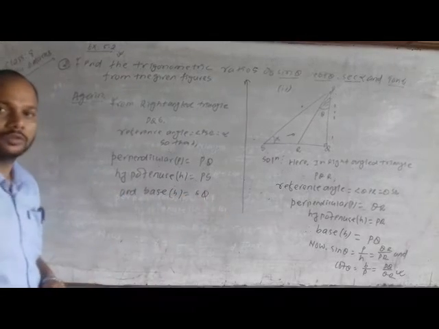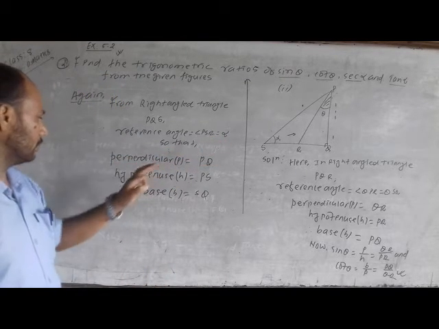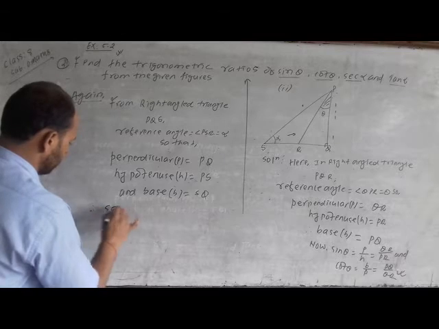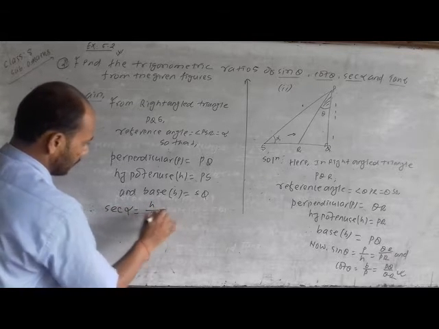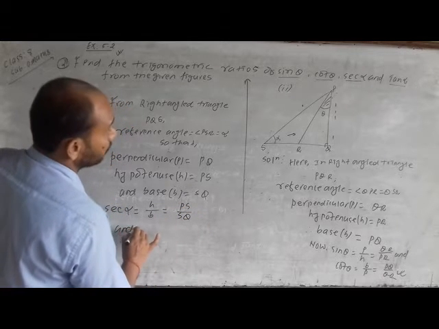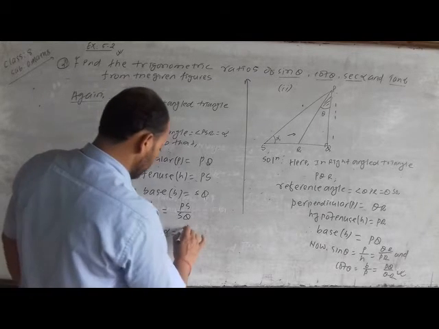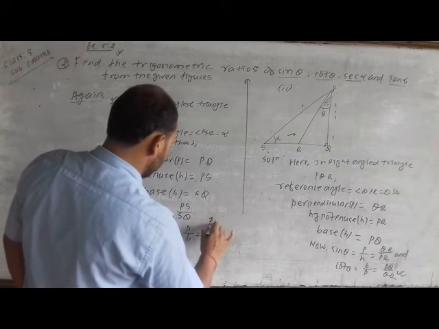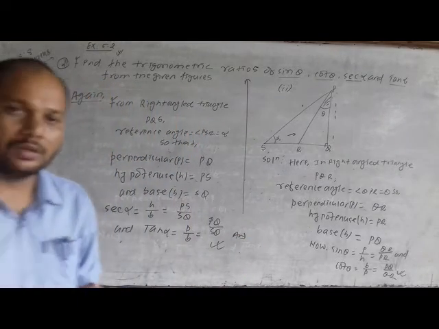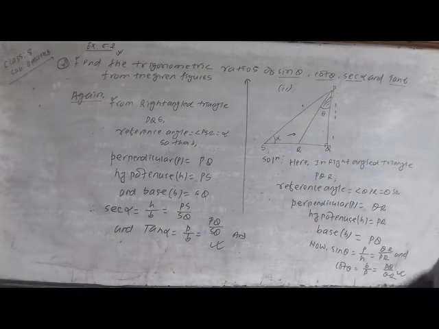My dear friends, first you should find in big right angle triangle with respect to reference angle alpha, perpendicular, hypotenuse and base. Then you should find sec alpha. Yes. Now, therefore sec alpha, what is the formula? H by B. H represent here PS by SQ, and then we have here tan alpha is equal to, what does represent tan alpha? P by B. So here we have P represent PQ by SQ. In this way you should find trigonometric ratios of sin theta, cot theta, sec alpha and tan alpha from these types of figure.